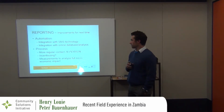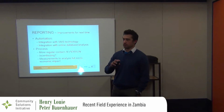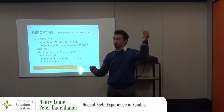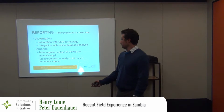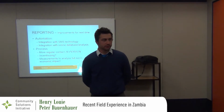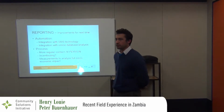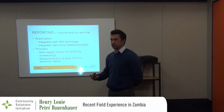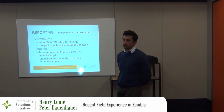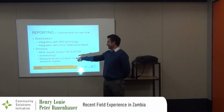More often, having data logging. It'd be nice to automate that with SMS technology. Kind of similar to what you're talking about, putting in a unit that automatically sends us data, so that we have a database that captures it and analyzes it so we can just see what's going on with that unit. Also more contact in person, strengthening the relationships with the diocese so that there's valuable contact. How can we make it valuable for the community, for George himself, for the whole program? Incentivizing reporting, if it's a question mark, do we need to? And yeah, measurements to analyze full socioeconomic impact. That's a